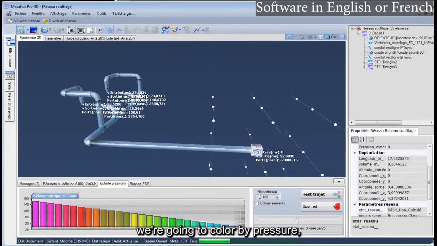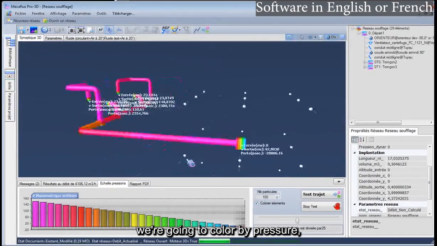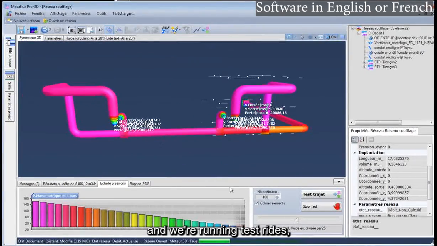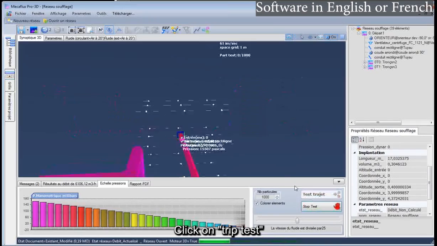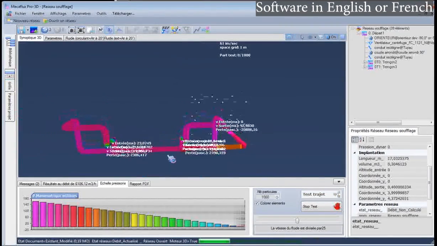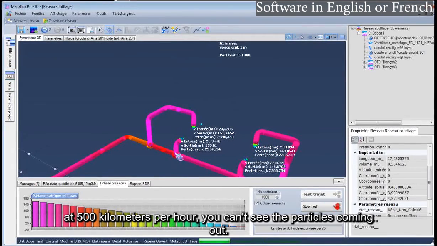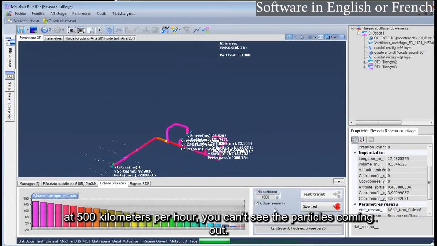We're going to color by pressure, and we're running test rides with 1,000 particles. Click on trip test. At 500 kilometers per hour, you can't see the particles coming out.